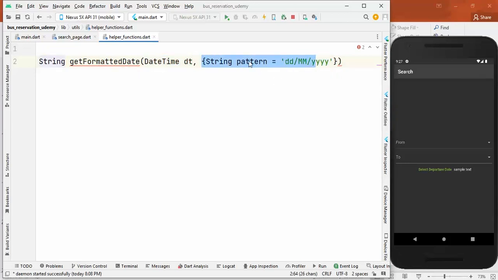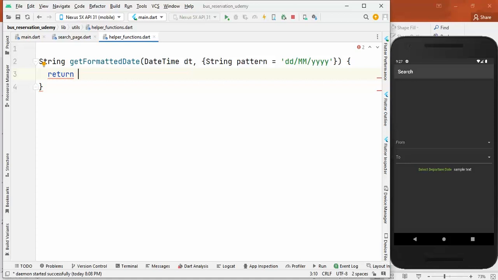We don't need to pass a pattern, and if we don't pass anything for pattern, this pattern will be used. But you can pass a pattern argument with a new pattern if you want, then that pattern will override this pattern. And now from this function we will simply return a DateFormat object,